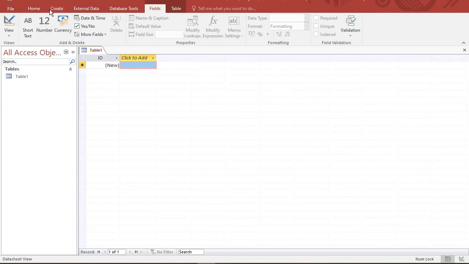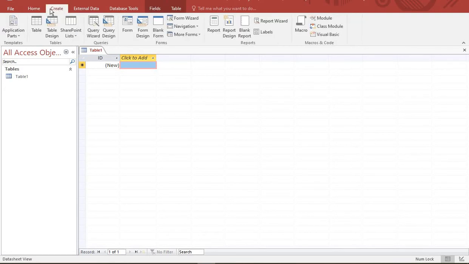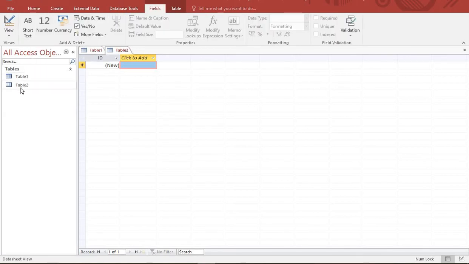You have to go to here. Here is the Create button. This is called the ribbon toolbar. Already I have explained about this ribbon toolbar in previous classes. If you want to create a table, you have to go to the Create tab or Create menu. If you click here, then it will display its contents like this. Then you have to click here. Here is the table icon. If you click on this icon, then it will create a table like this.